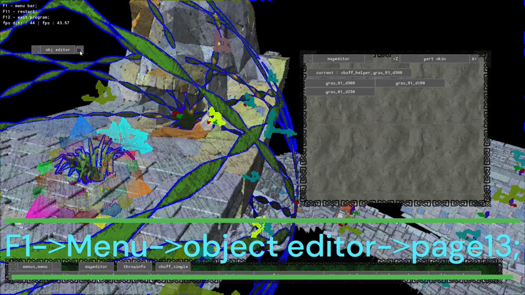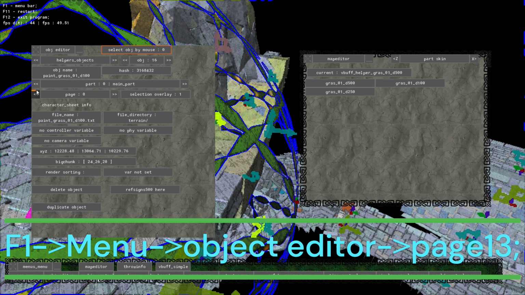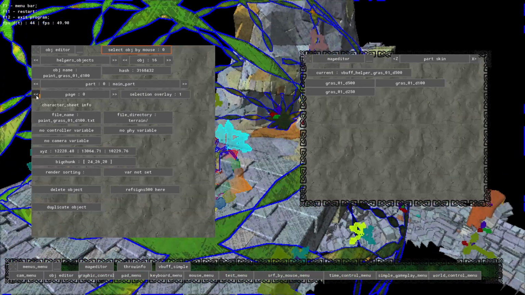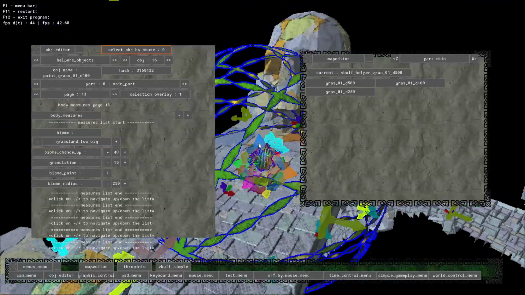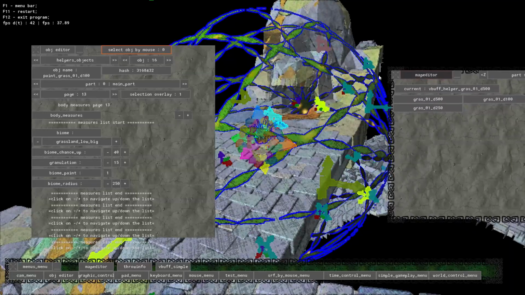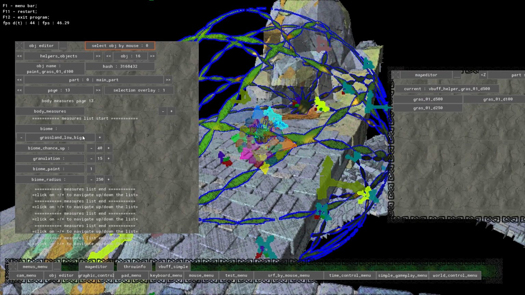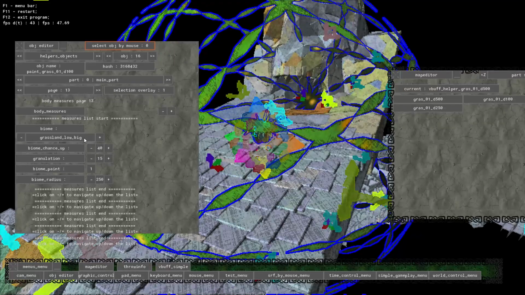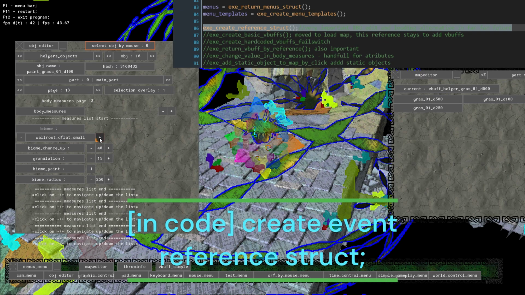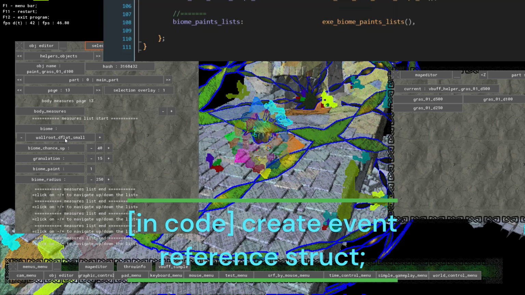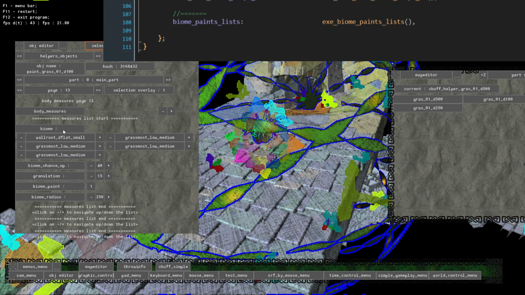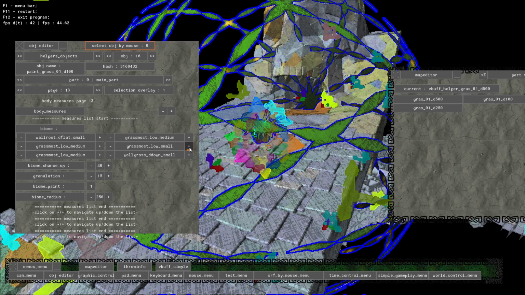We go to Object Editor for biome, and here we don't have ZX navigation. We go to page 13, and here we can choose what it's going to have. So medium grassland, low grassland, grass moss, and what kind of biome. If you want more biomes, you just press it. There must be at least one, so you can add as many as you like and give them